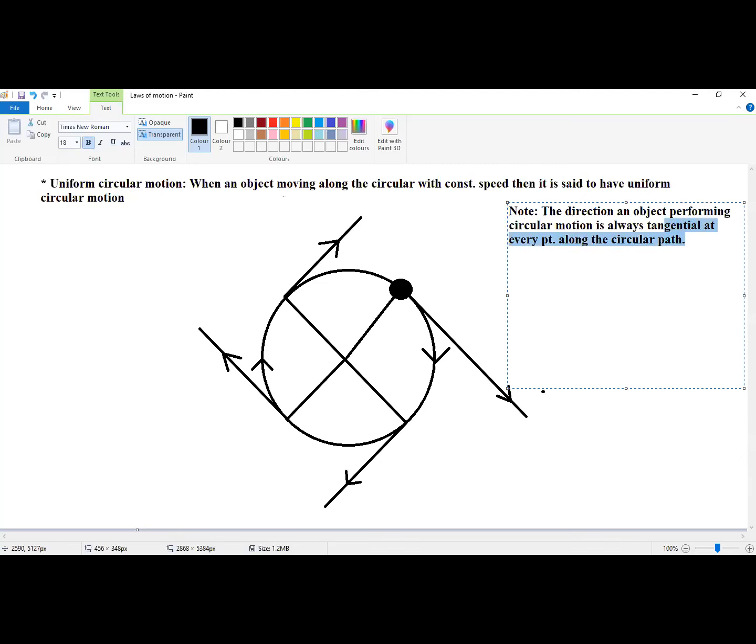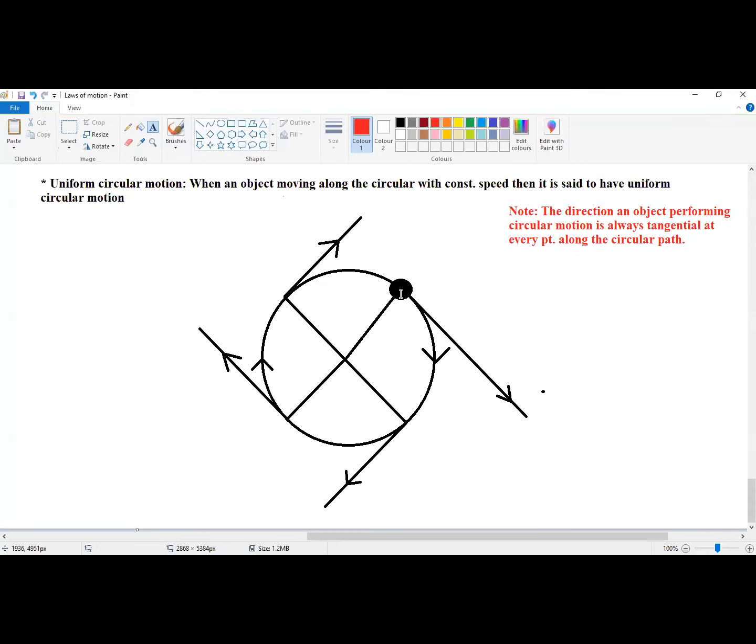Are you all following the meaning of this? As I have shown here, it is the object. Suppose it comes here after a certain time interval, and suppose at this point I release the stone, where will it move? It will move in this direction. Getting it? If the stone reaches this point and I release it, it will move in this direction.